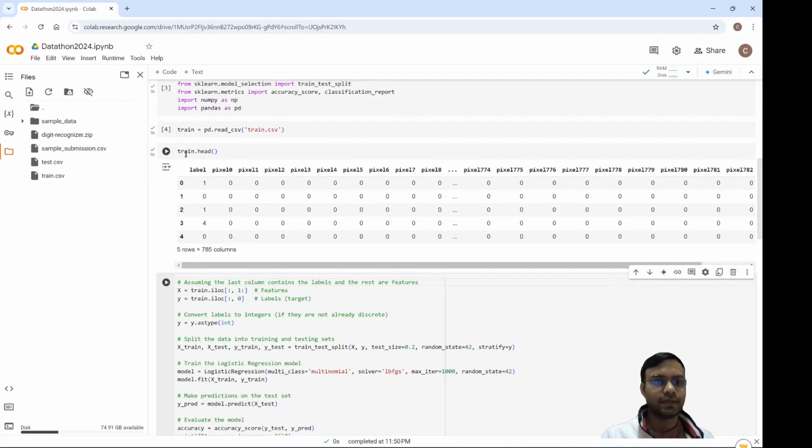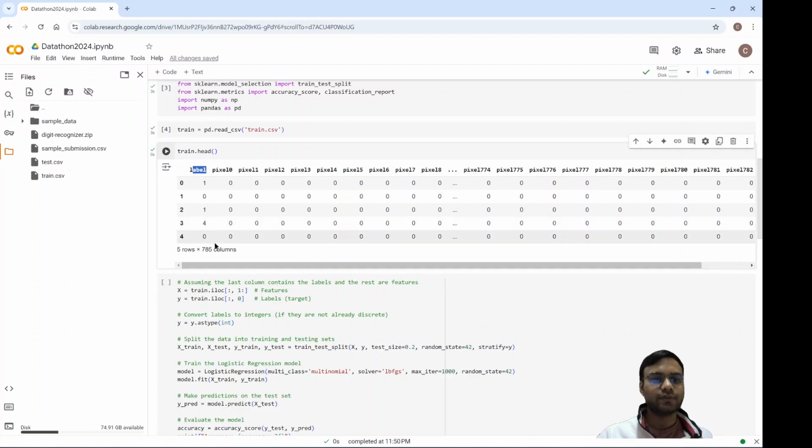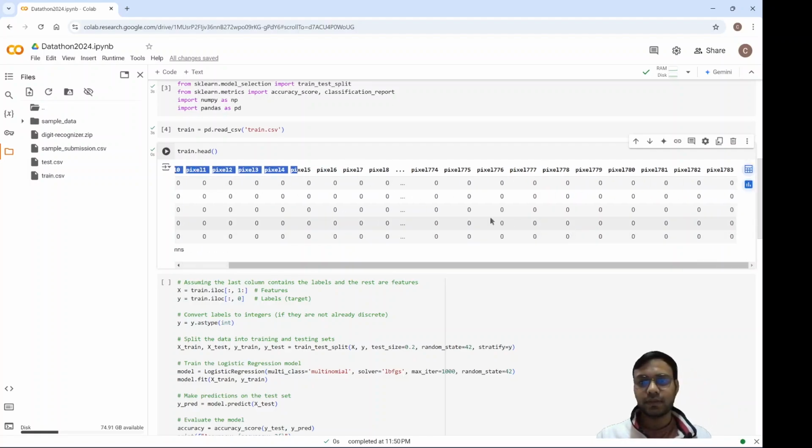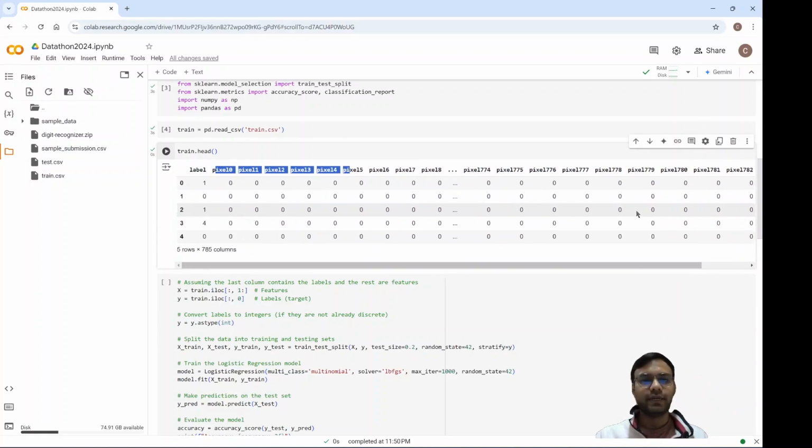Using train.head, we can see that this file contains labels, which are the different digits in image form, and these are the pixels of those images. Pixels start from pixel0 up to pixel783 of different images,